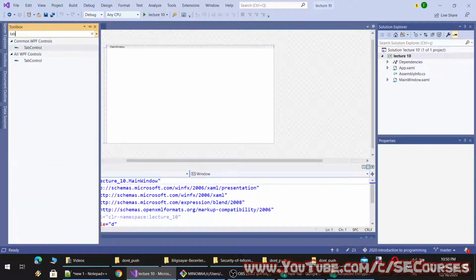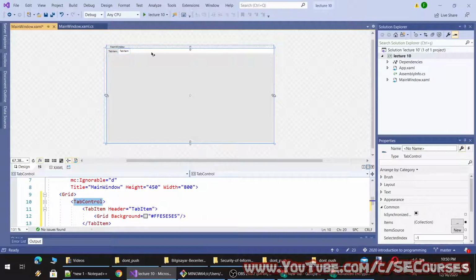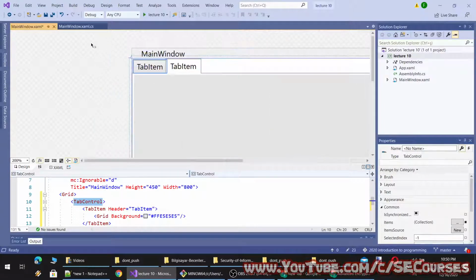I will add tabs to make login and registration. It will also give you an idea how to achieve it in your project.